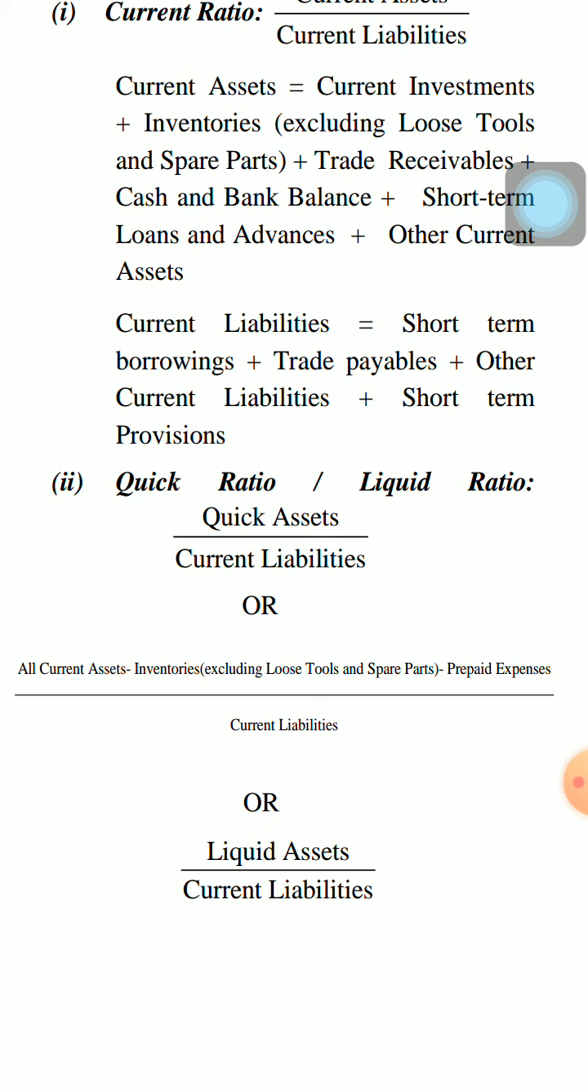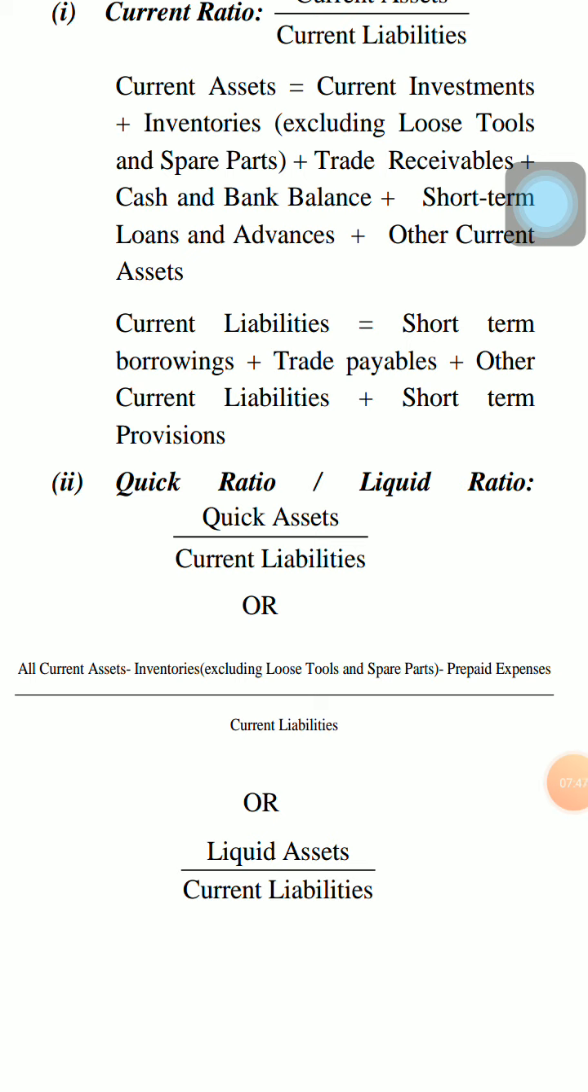And prepaid expenses, suppose prepaid rent or prepaid salary, can never be realized in terms of money. So only you can take the service of that prepaid expenses, but you cannot realize money from those assets. So prepaid expenses and inventories are excluded from all current assets. Then we find quick assets, that means quickly convertible into money. So those assets which are quickly convertible into money divided by current liability, we will get this ratio,